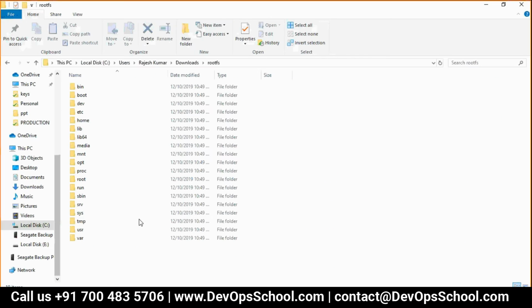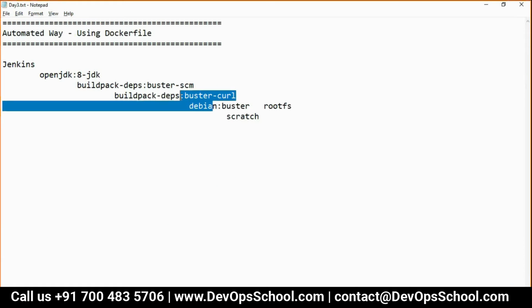So Debian, okay. Have you seen this somewhere? It is Ubuntu, no? No, it's not Ubuntu. It's Debian. Debian is a different flavor. It's like Ubuntu, but a different flavor. Little bit of changes. Debian and Ubuntu are both similar, but with different changes.